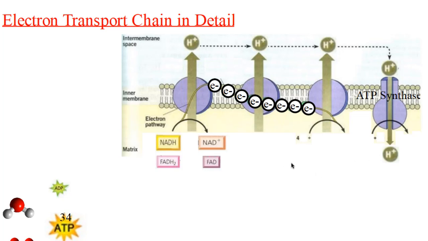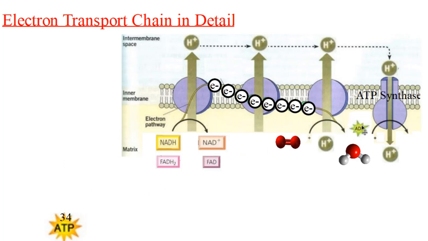Now the amazing thing as well is we have oxygen gas. Remember, it is an aerobic process, which means oxygen gas is coming into the system. And what do we also have on this side? We have H plus. What happens when we have O2 and we have H plus and we have electrons that are energizing this is we make a bunch of water, don't we? A bunch of water. The also cool thing is this. We have a bunch of ADP and we have a bunch of phosphorus, which combine together to make 34 molecules of ATP, and it is the 34 molecules of ATP that comes out of the electron transport chain,